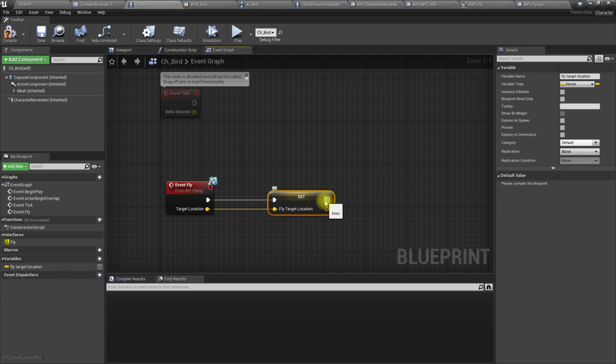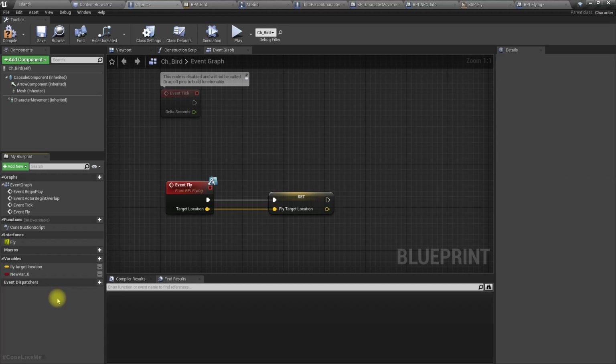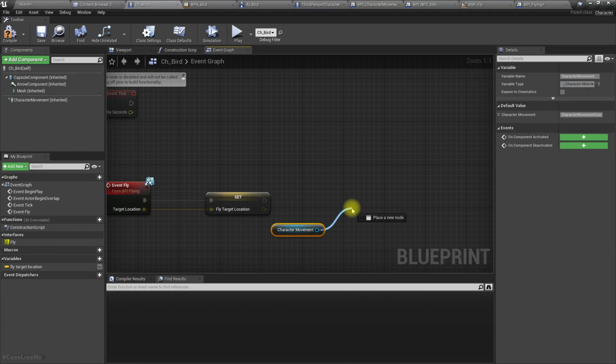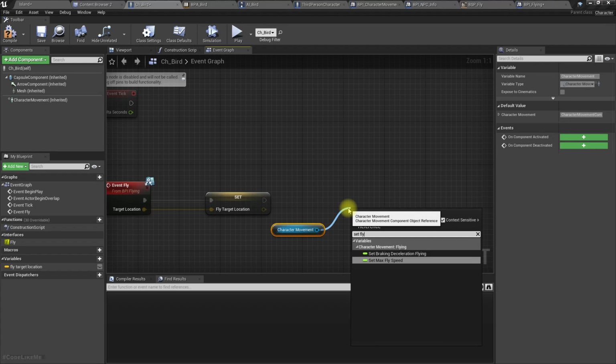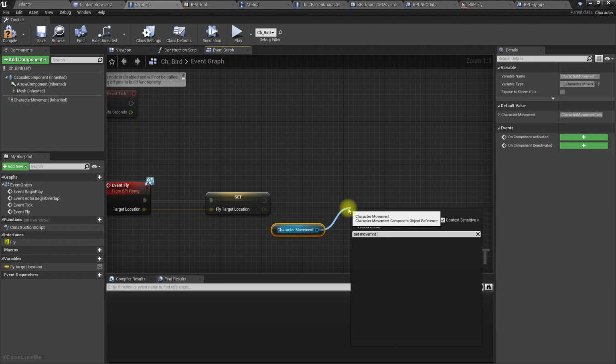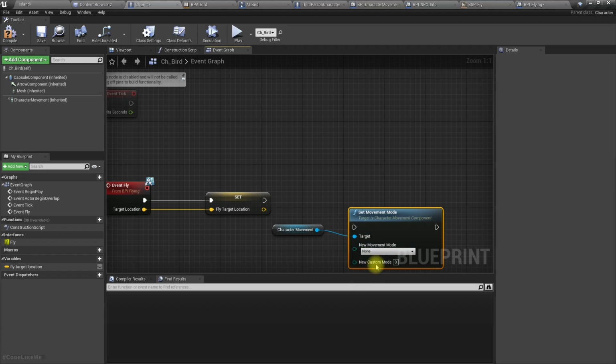Right, and also let's create another boolean called fly. Actually no, we can set the movement state to fly. Fly like this,